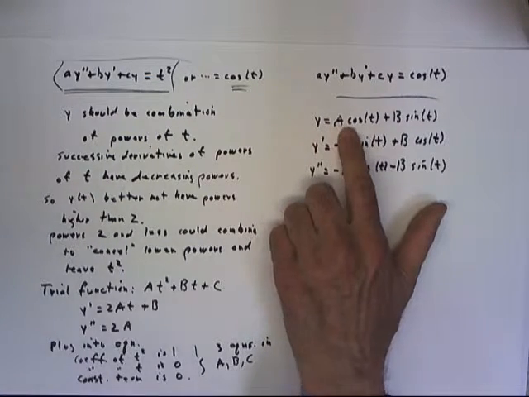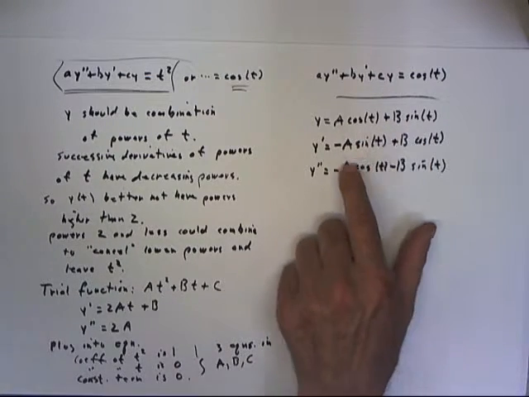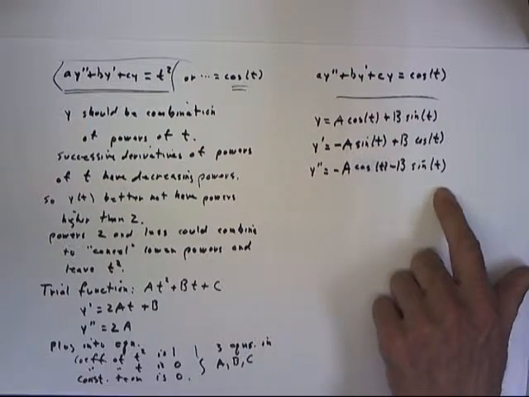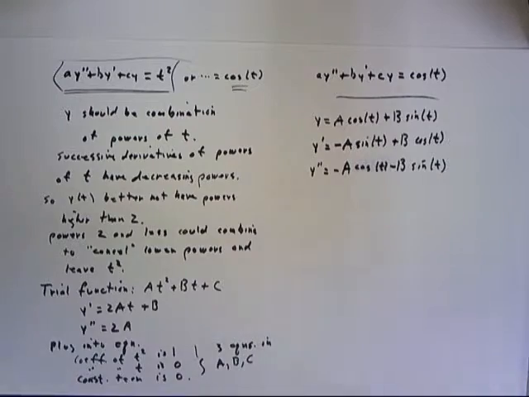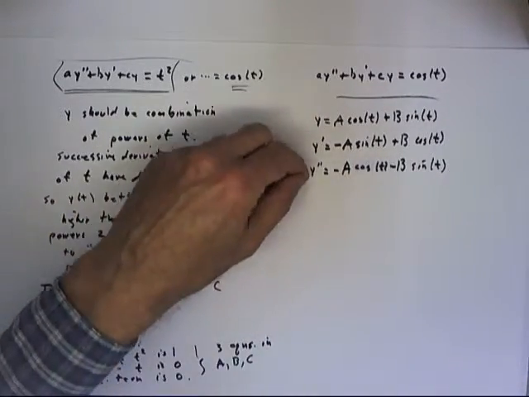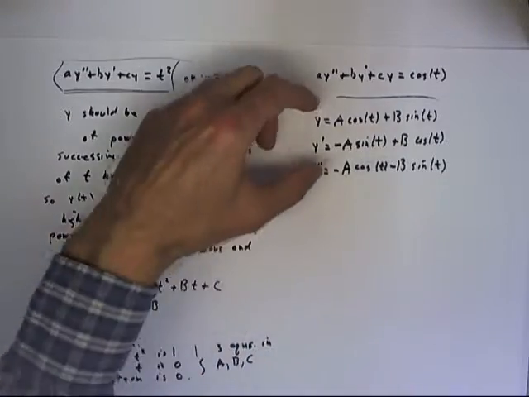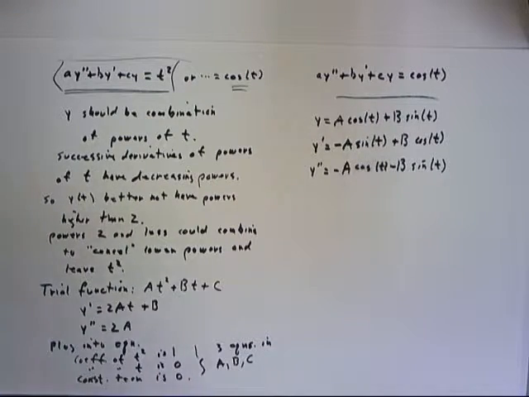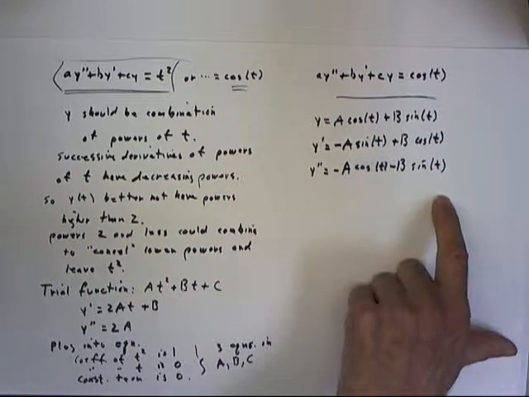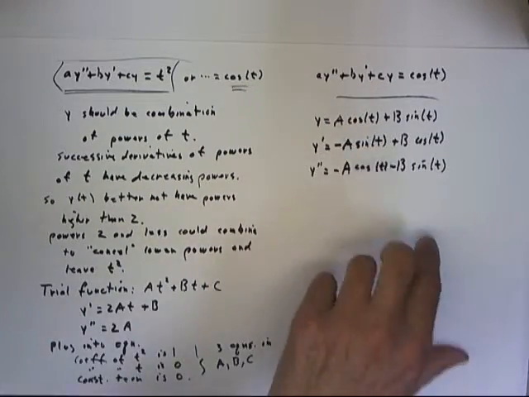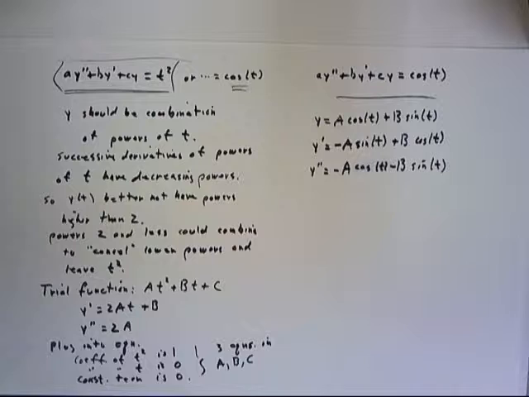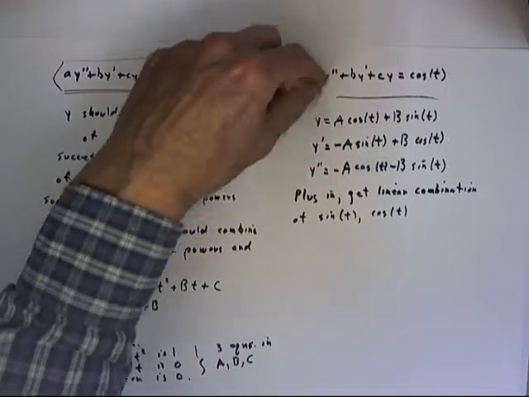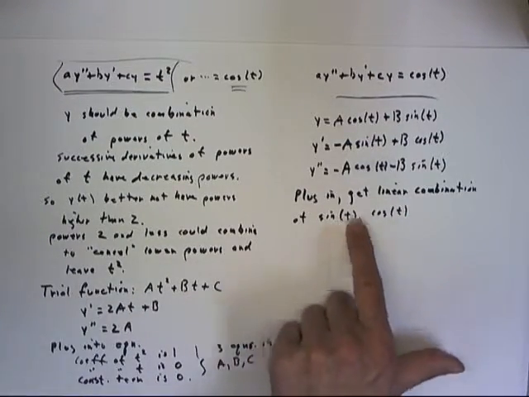A trial solution y equals A cosine of t plus B sine of t is going to give us y prime equals negative A sine of t plus B cosine of t. I'm not going to read it to you. You can see what these derivatives are and higher derivatives are going to give us. It should be clear then that if we plug these derivatives back into this left-hand side, we're going to get some combination of cosines and sines with the coefficients little a, little b, little c, and the big A and big B coefficients. So when we plug these solutions into our equation, we're going to get some linear combination of sine t and cosine